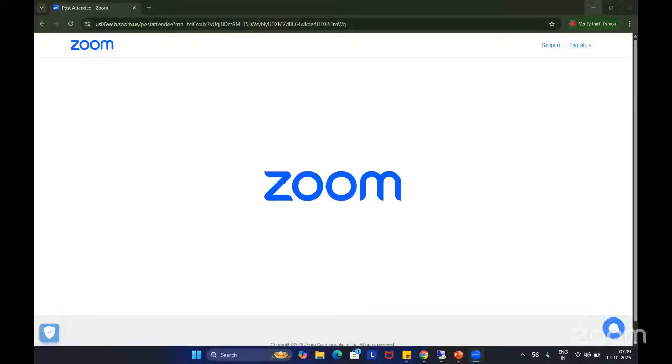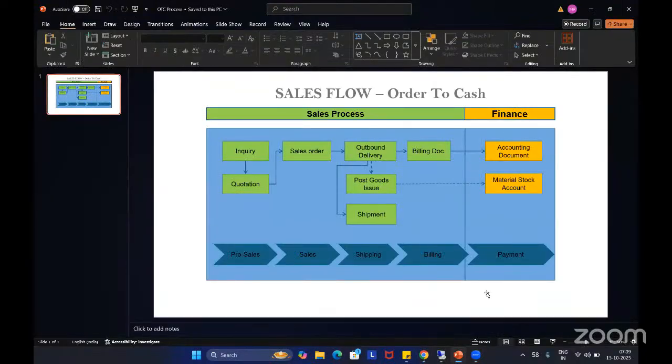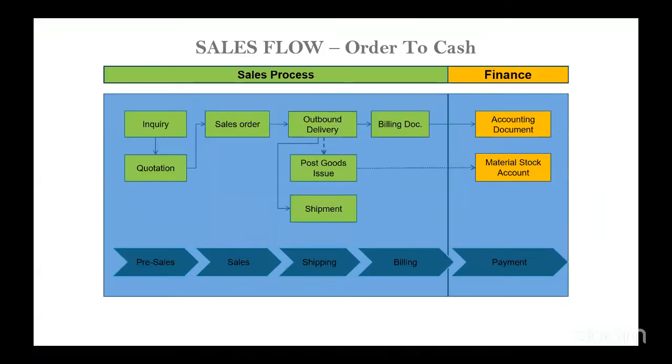Okay, so today we will be seeing the sales flow. I'll share my screen once again. Okay, hope you can see my screen. We connected yesterday as well, and yesterday we discussed the